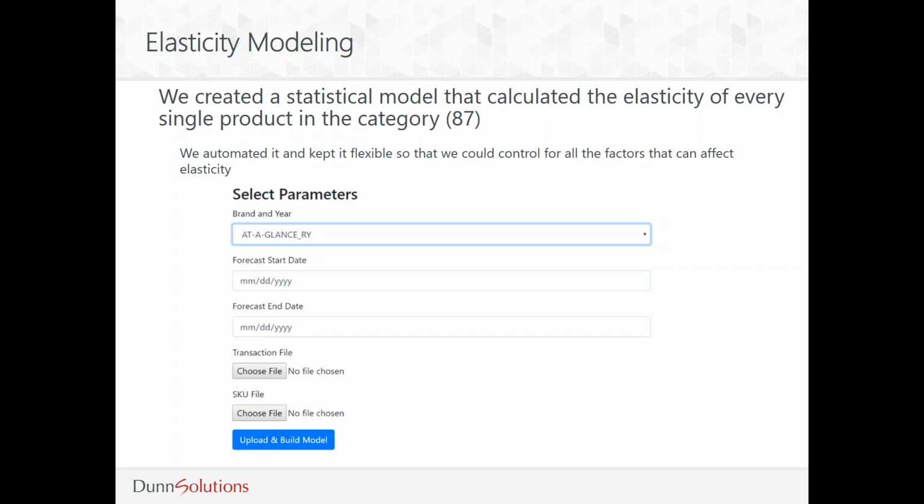Now, we automated and we kept this model very flexible so that we could look at it from many different angles, and you'll see why this is really important. Now, the first thing that we did, we averaged all the elasticities to see what the average elasticity for the appointment books category was. Now, according to our model,